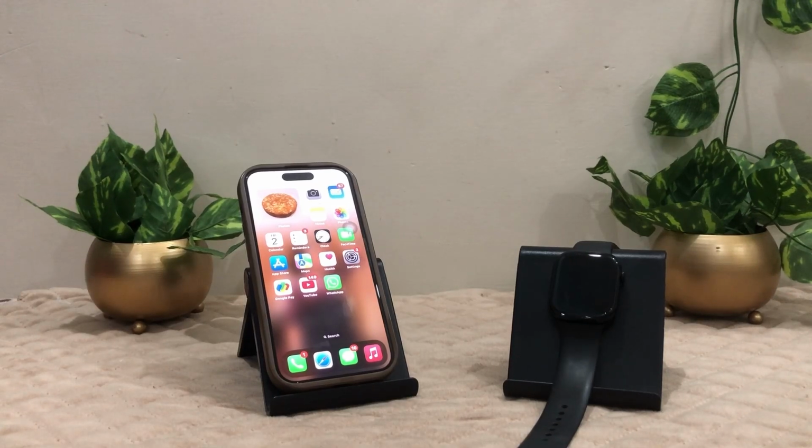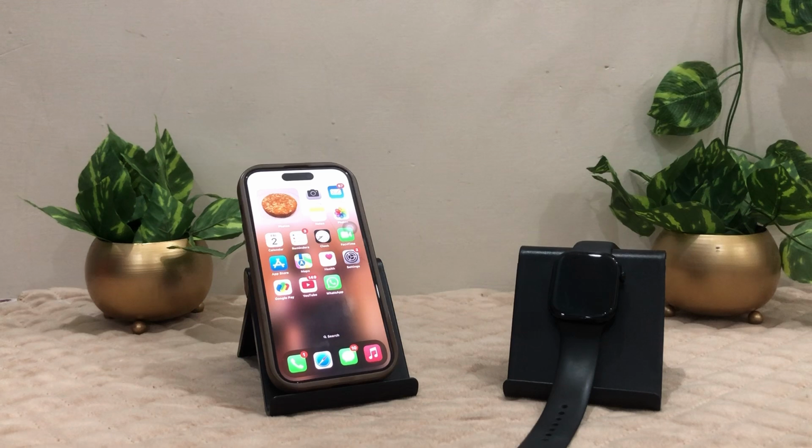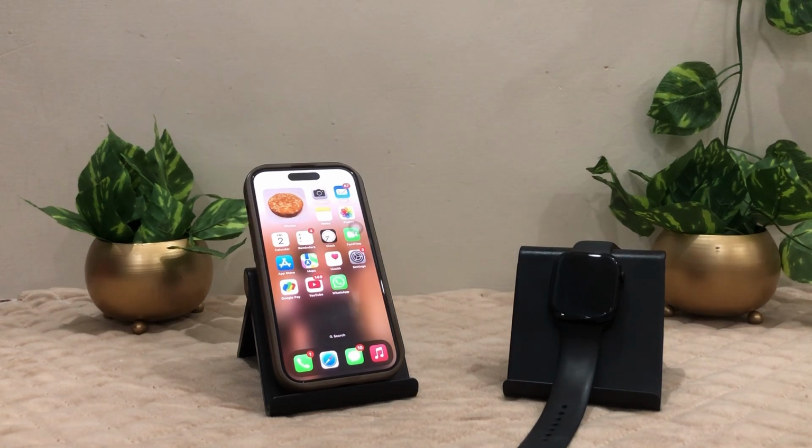Everyone, let's learn how to fix iPhone stuck on hello screen after update. Let's go and check it out. Well, to actually fix these kind of small glitches on your iPhone, you just need to simply restart or give a force restart to your iPhone.